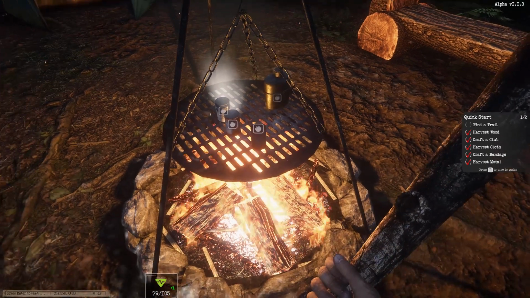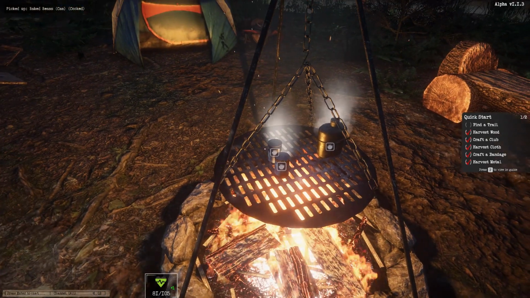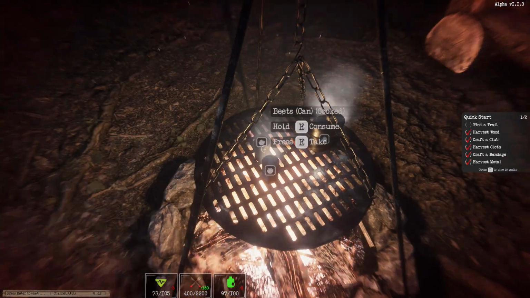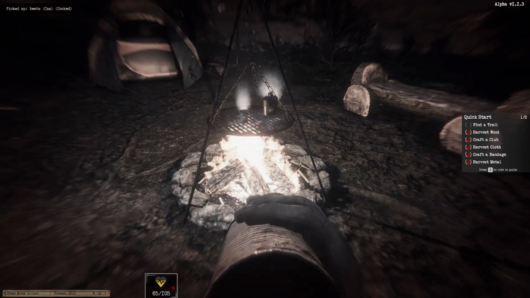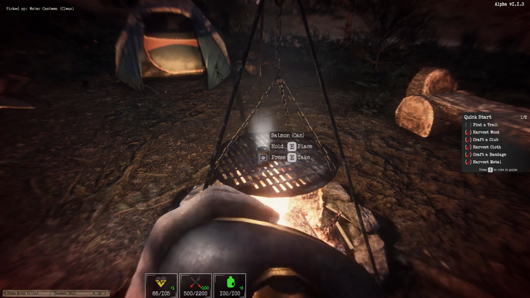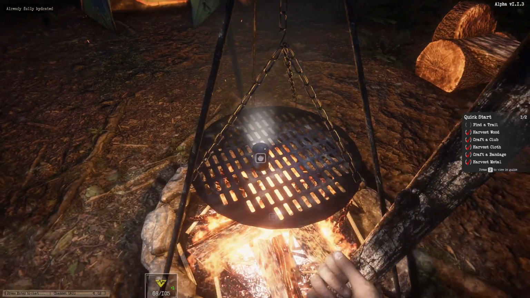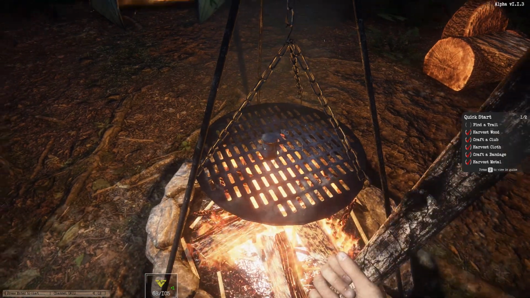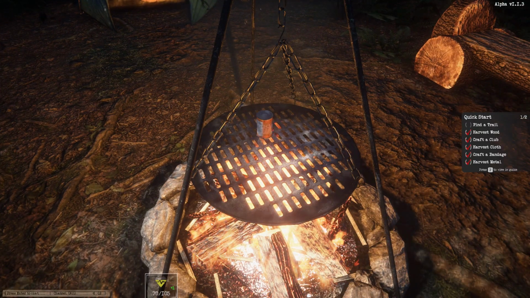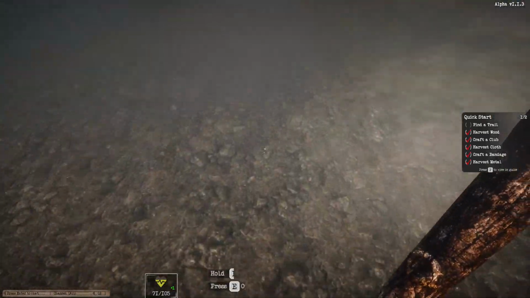And my food is cooked. There we go. You can consume it. Don't stand on the fire like that, because that hurts. You got clean water there. Oh, maybe we can't cook salmon. Never mind. But yeah, and then if you just go back to the river there, you can fill up your